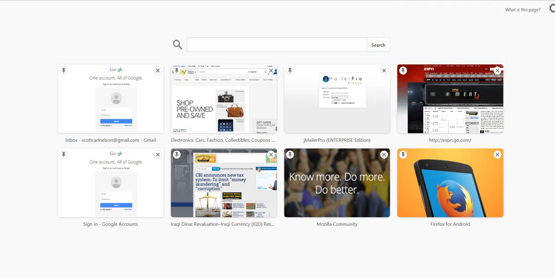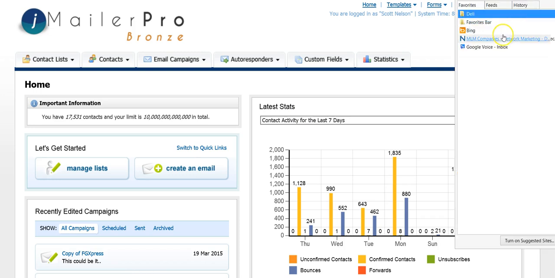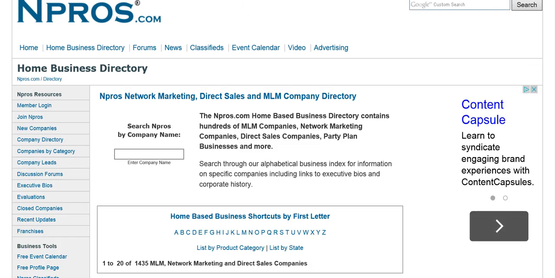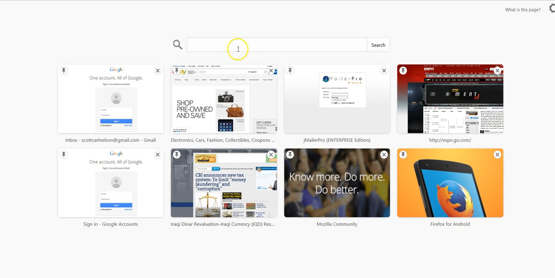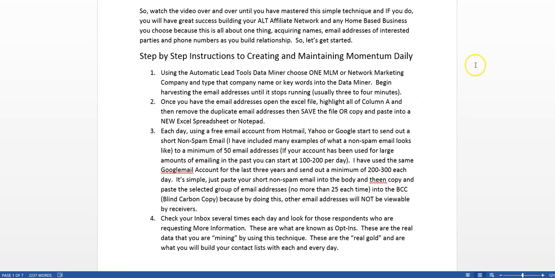Let's see here. Maybe I need to go over here to my Internet Explorer. Let me see if I've got it over here. Yeah, I'm going to show you this so you can write this down real quick. In fact, I'll copy this, Control C, then I'll go back over and show you. Let me see here. Okay, so I'll just put here